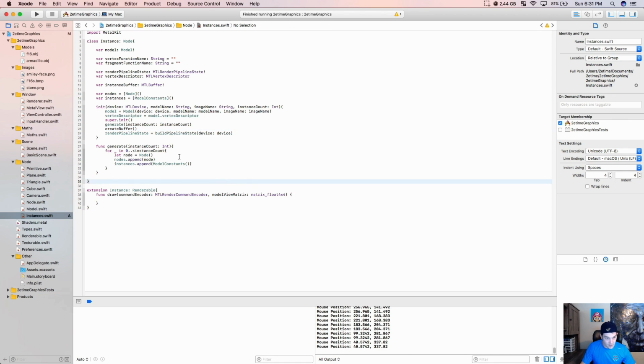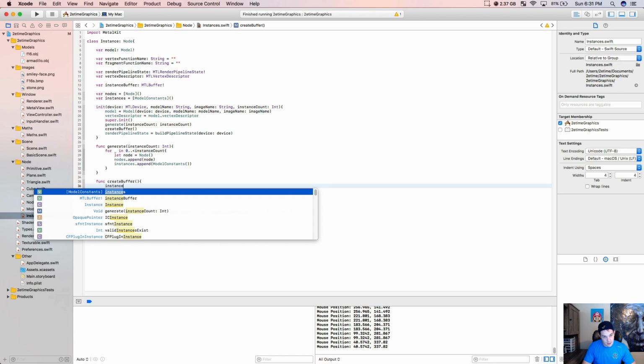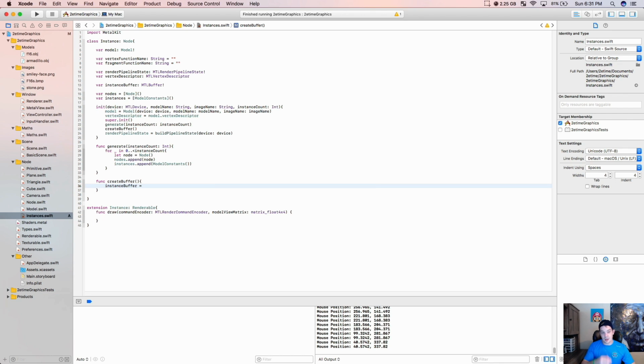Create buffer, right? And so this will be func create buffer, and here we'll say instance buffer equals. All we need to do is, we don't actually need to create this using any data. We just need to create a buffer long enough to hold all of the information. Because it's going to keep changing, we're going to want to modify it using the pointer, which we'll see in a second. But for now, we're just going to go instance buffer equals,